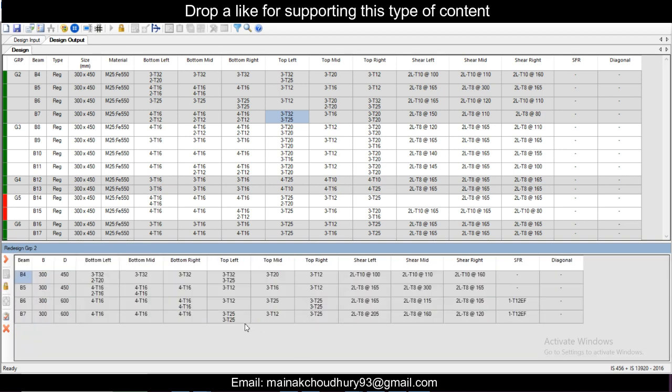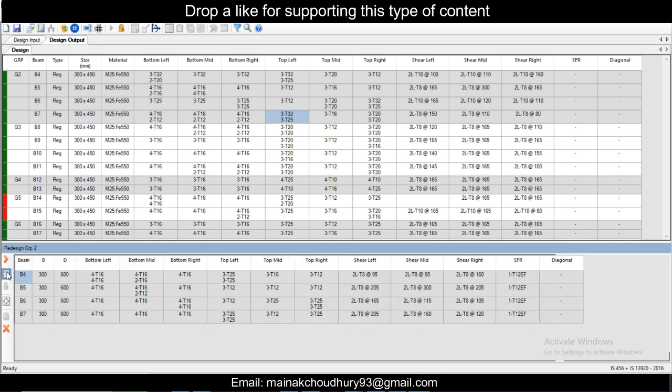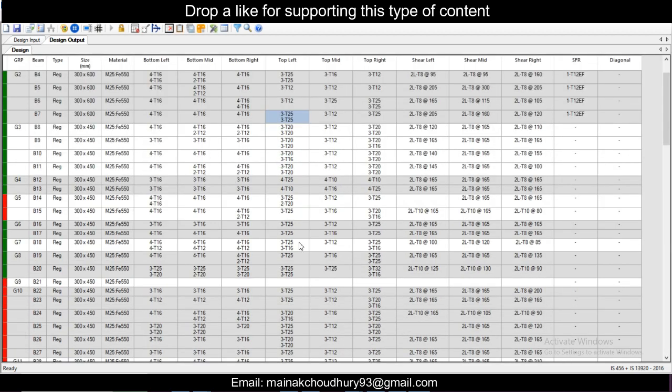Yeah, this is more acceptable. 300 into 600, it doesn't matter, it becomes 332 here. So I'll unlock this and make this all 600 and then accept this. Also 325, 325, 325, 325. Now it's better. It's 225. So we'll accept this. So like this, I have to change all the design, as similarly we'll do for the